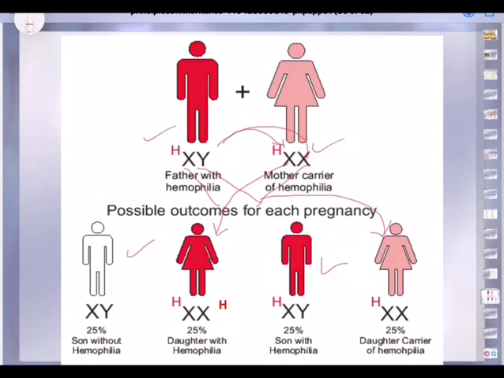The female is a carrier. Now we take the Y. Y and XH. Unfortunately, the son becomes hemophilic. And what is left? Y with the normal X. The person is normal. So, out of the two sons, one son is hemophilic, one son is normal. Out of the two daughters, both are dangerous. One daughter, because both X chromosomes have the hemophilic gene, becomes 100% hemophilic. Whereas the other daughter has it on one X